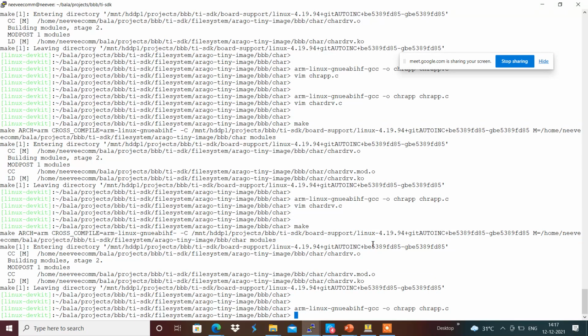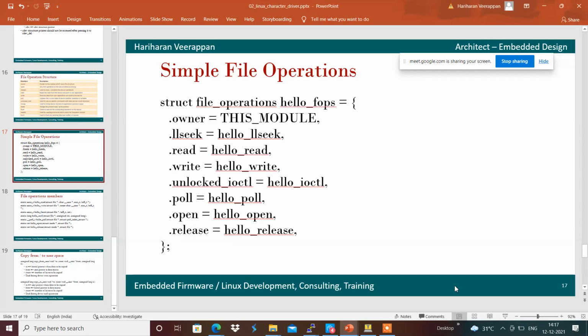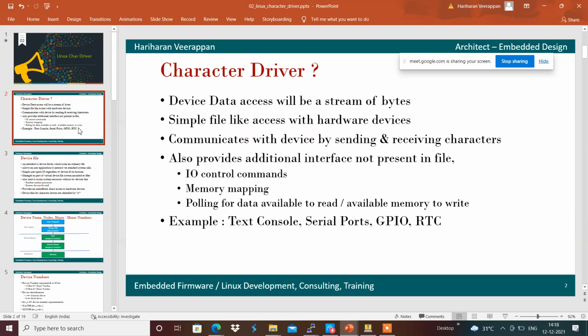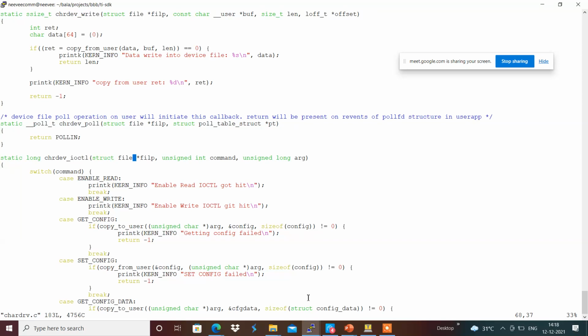It's something that we have seen, like the unlocked ioctl, and we have seen something like a poll. How can we do that with the poll? Basically we have seen a character driver, a skeleton of a character driver, with which we are able to access various file operations, starting with open and close, read and write, and we will be having poll operations with the respective poll bits accordingly.